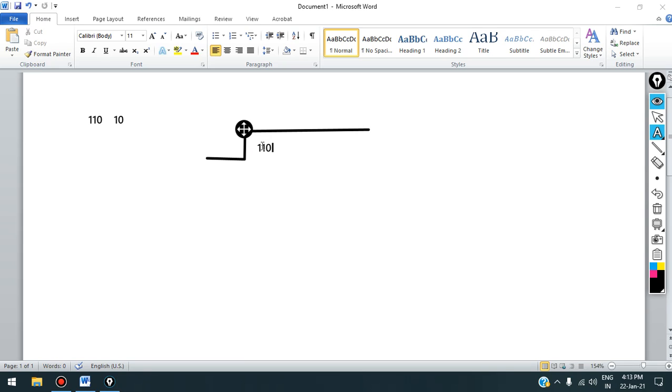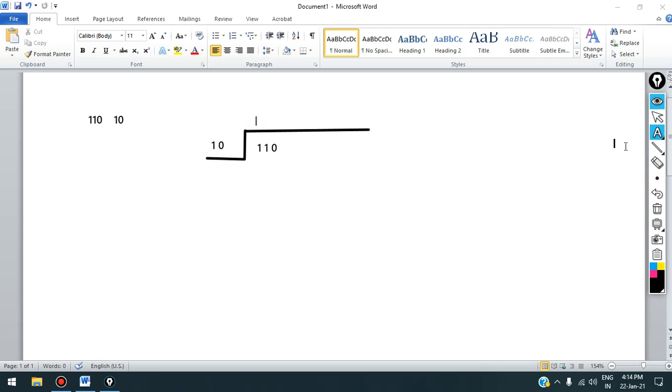I'm going to place here a few spaces. 110, and this is the binary number 10. That is 2 in binary, that we have to divide this 110 with 10. So the rules are the same. How will you divide it? First it goes with 1. In binary it goes with mostly ones or zeros. So first it goes with 1. You can see here it goes with 1.